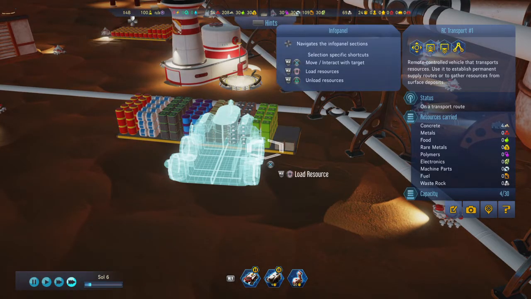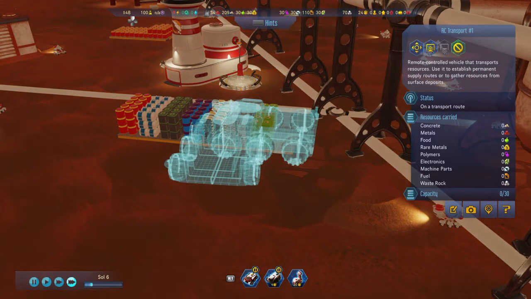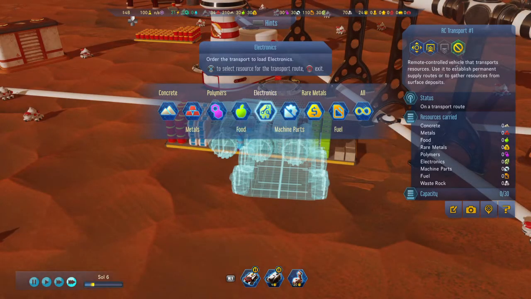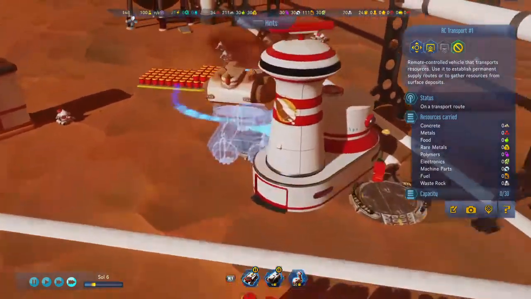So let's do the transport route again. Freight transport route. There, we want it to load electronics, and then we want it to